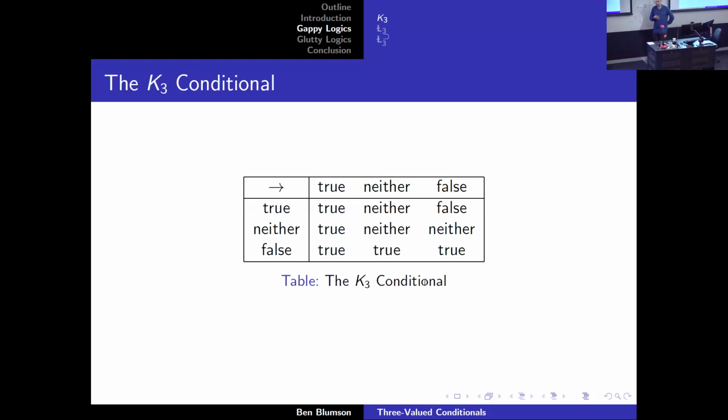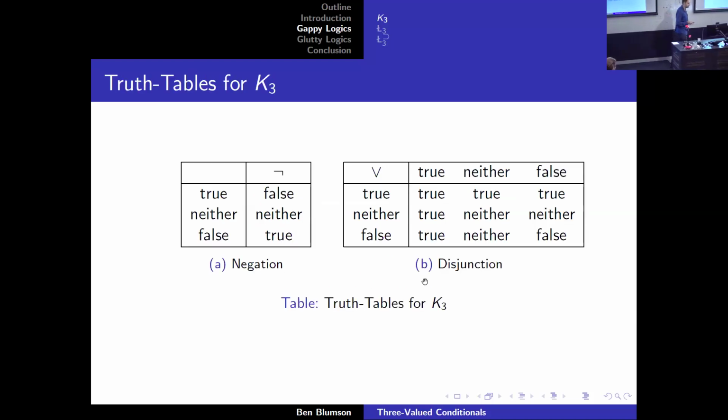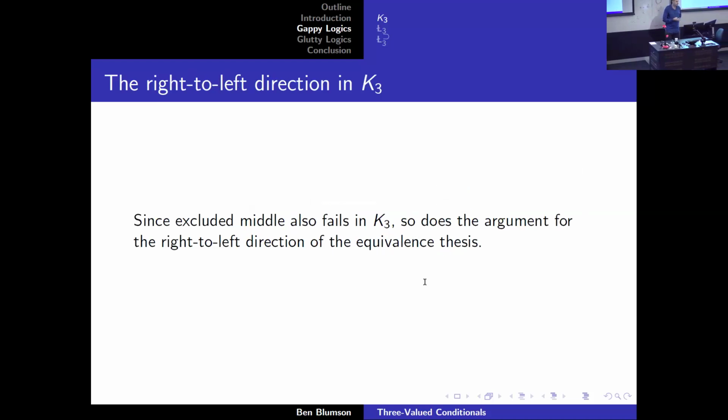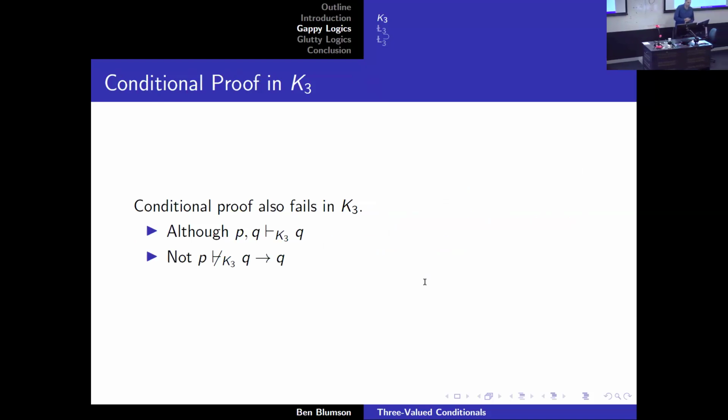Because the arguments that we looked at before, neither of them are going to work if we take this as our truth table for not and or. Okay, so in particular, the right to left direction doesn't work anymore because we don't have excluded middle. Okay, so we reject the premise of that argument, but we still accept the conclusion, and that seems undermotivated. Moreover, the other half doesn't work. The argument for the left to right half doesn't work, okay, because conditional proof doesn't work in this logic,